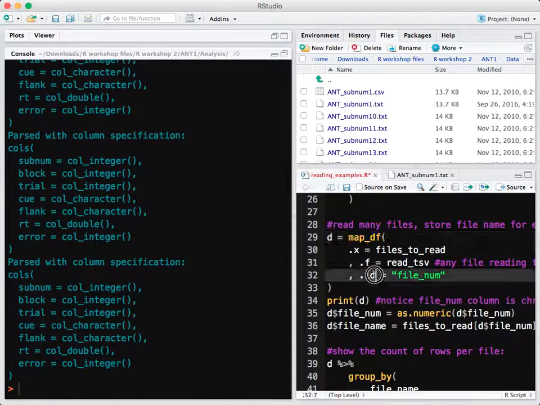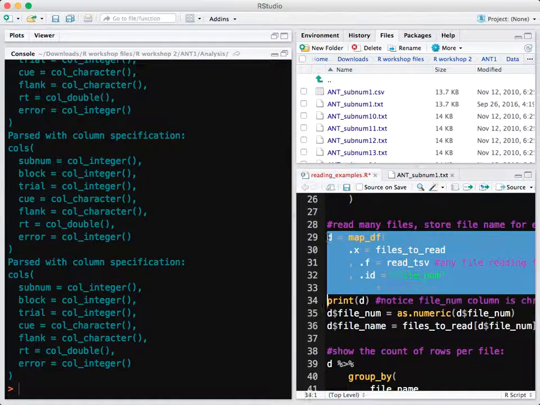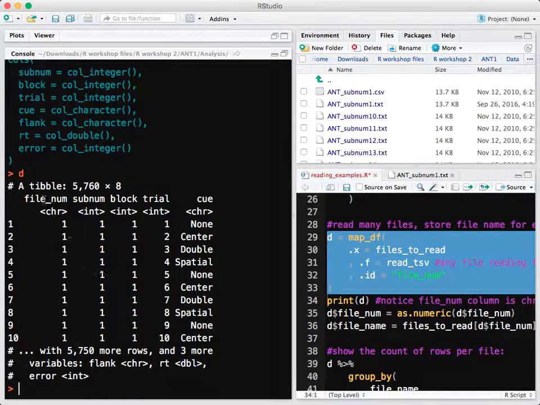And if you give it a string, it will create a new column in the data set that will have that string